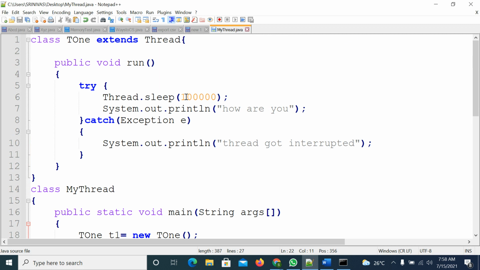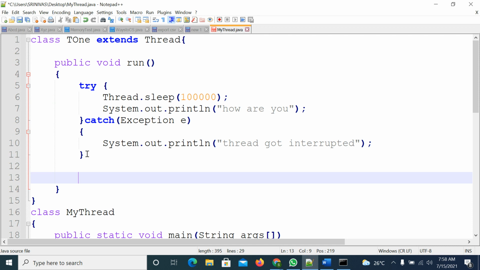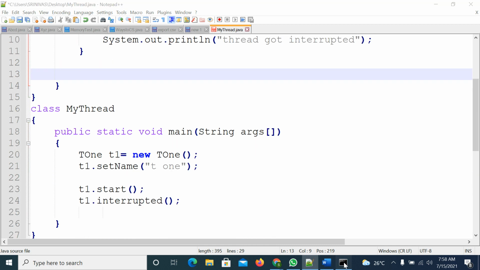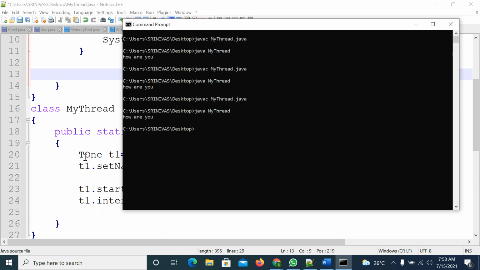If you call the interrupt method, what will happen? The thread will be terminated from here, one time. From the try block it will come to the catch block, then the remaining part will be executed, so the run method will be completed. Suppose this is a for loop, only one time it will be terminated. Alright, so now observe, that was printed.